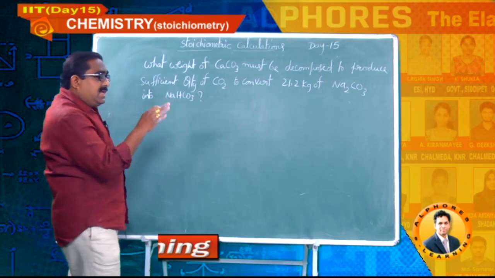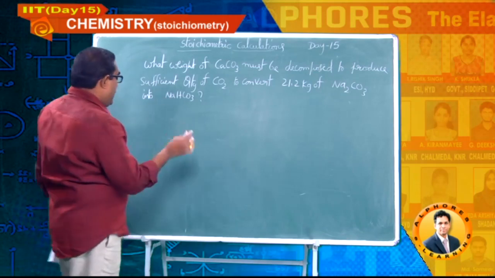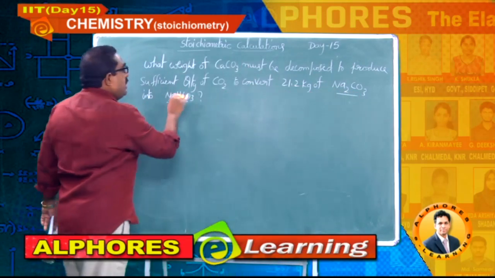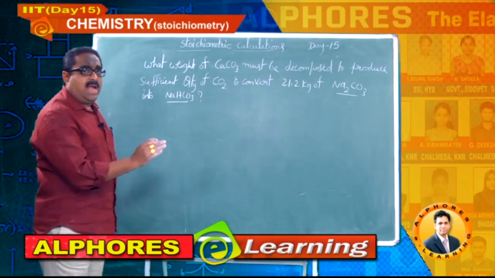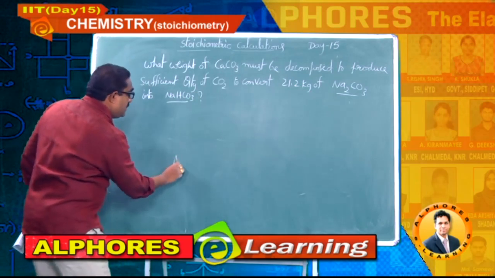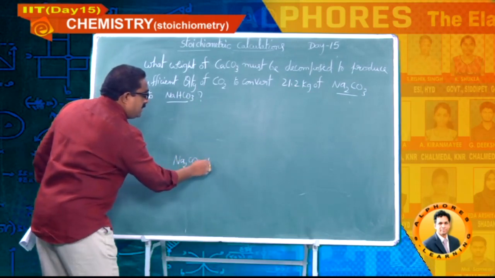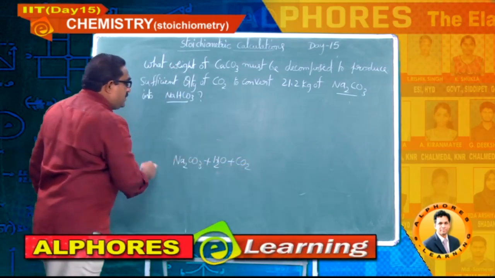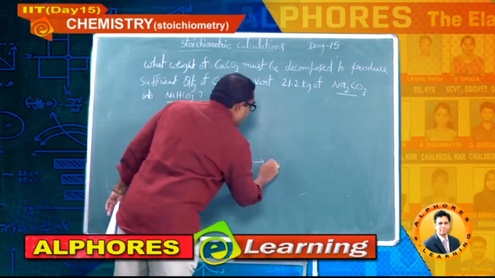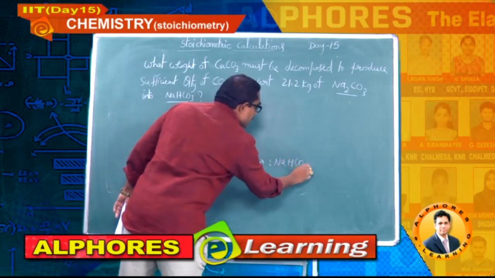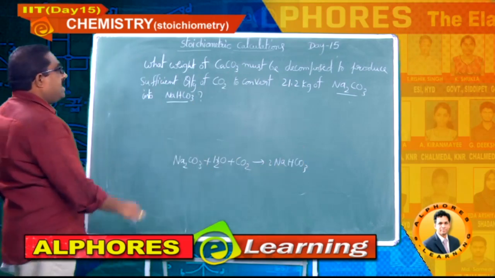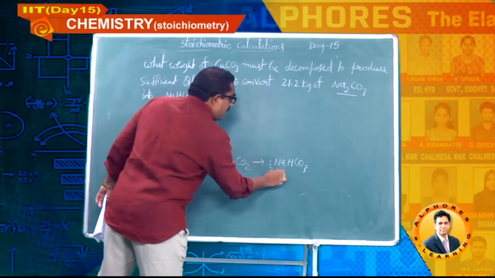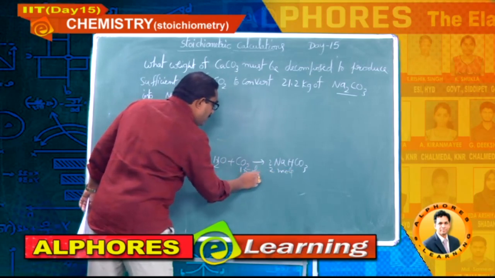Here he has given a sequence of 2 reactions. Let me explain. Finally, his aim is to convert sodium carbonate into sodium bicarbonate. You may not know the reaction, I will give the reactions to the students, so please concentrate. I am writing here sodium carbonate plus H2O plus CO2. On passing carbon dioxide to a solution of sodium carbonate, it will change into sodium bicarbonate. This is the data that I can write here. Now, let me write 1 mole, 2 moles here, 1 mole of CO2 here.